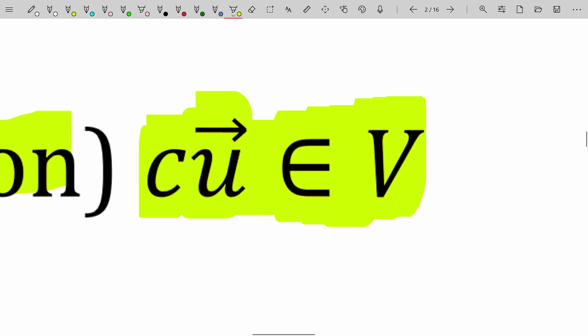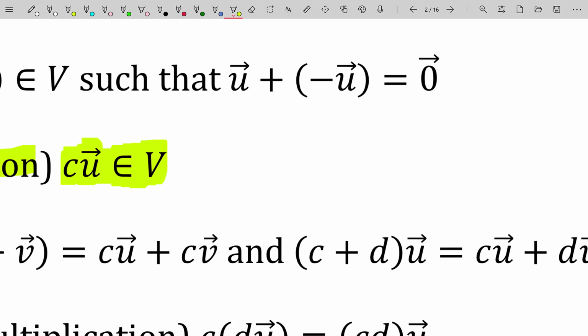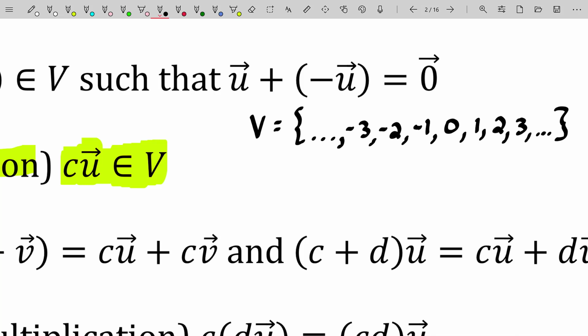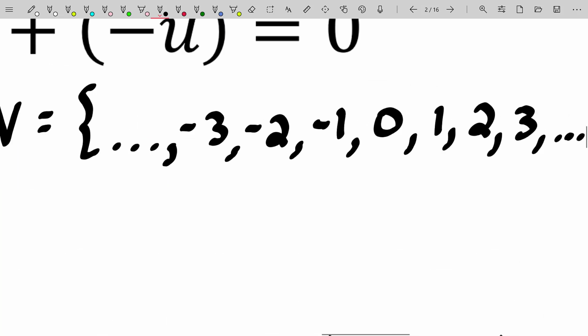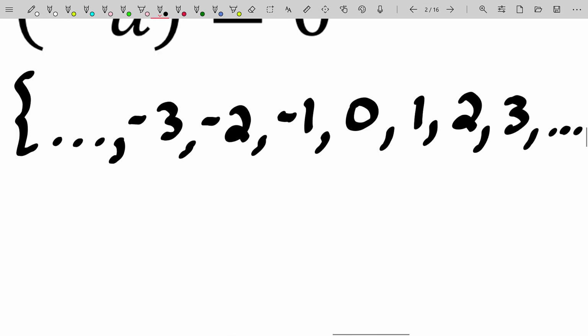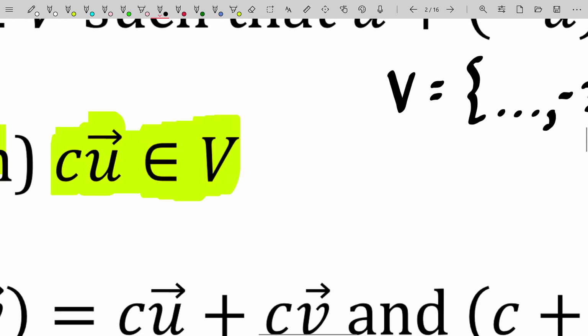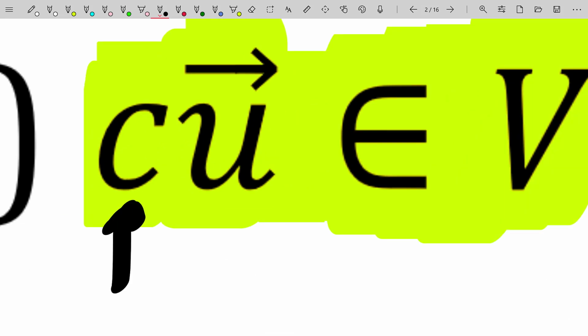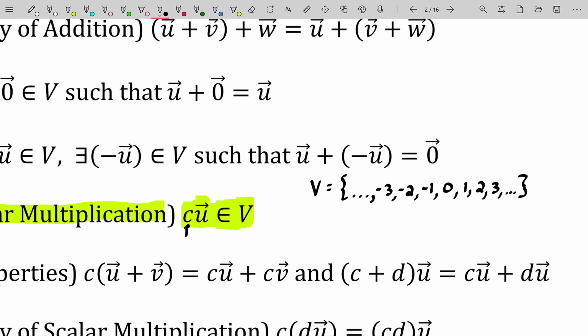Now let's go ahead and think about that example I just said out loud about what if our set is a set of integers. We've already said that that set of integers is actually closed under addition. If you add any two elements from this set, their sum will also be an integer, so their sum will be within this set. However, if the underlying field that you're pulling your scalars c from is the real number system, then if you had that set of integers, it would not be closed under scalar multiplication. Why? Because pi, which is a scalar from the real number system, times 3, which is an integer from our set V, is going to be 3 pi, which is not an integer, so it's not in V. So therefore, the set of integers is not closed under scalar multiplication, where your scalars come from the set of